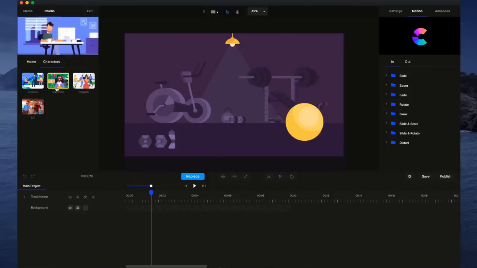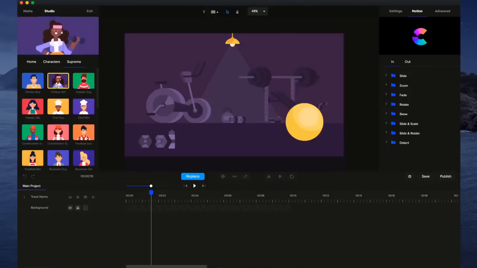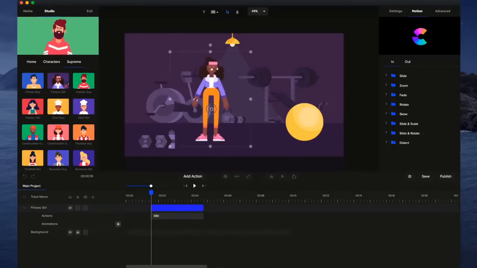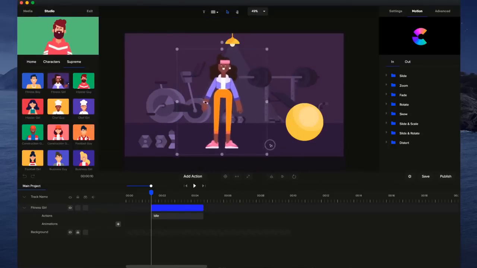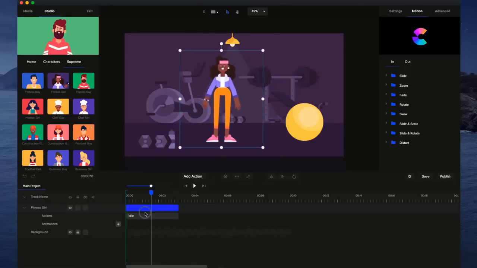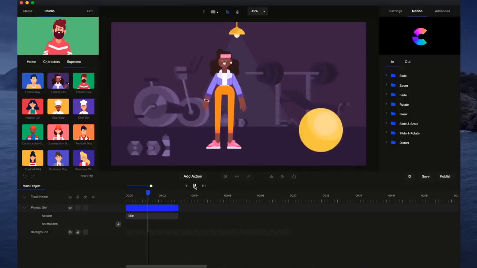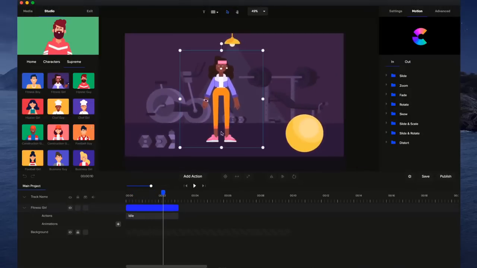So let's go and grab a character. So I'm going to grab this girl over here, and just simply drag and drop it onto the canvas. You can position it as you like. You can make it bigger or smaller. It's really that simple. So I'm just going to drag her over to the start, and you can see if I just play this through right now that we've got the background animating in,